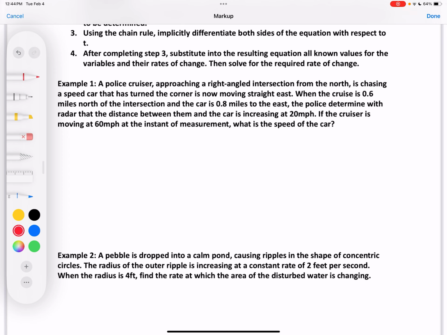a police cruiser approaching a right-angled intersection from the north is chasing a speeding car that has turned the corner and is now moving straight east. When the cruiser is 0.6 miles north of the intersection and the car is 0.8 miles to the east, the police determine with the radar that the distance between them and the car is increasing at 20 miles per hour. If the cruiser is moving at 60 miles per hour at the instant of measurement, what is the speed of the car? So,